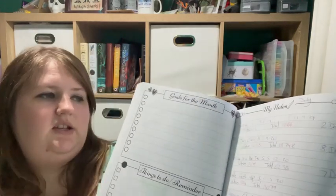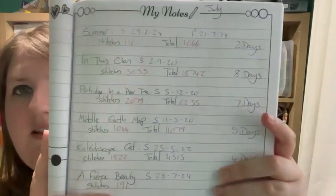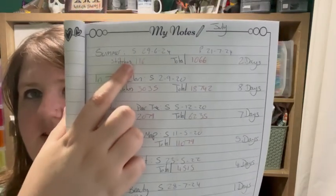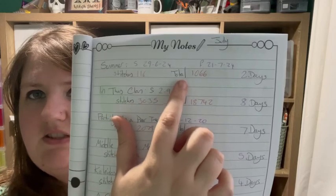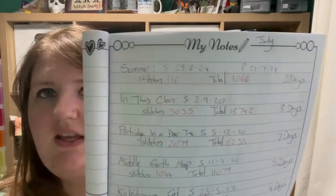And then on my notes page is where I put all the details of the projects that I worked on that month. So the date that I started, if I finished it, the stitches that I did in the month, total stitches to date, and I have started in this month